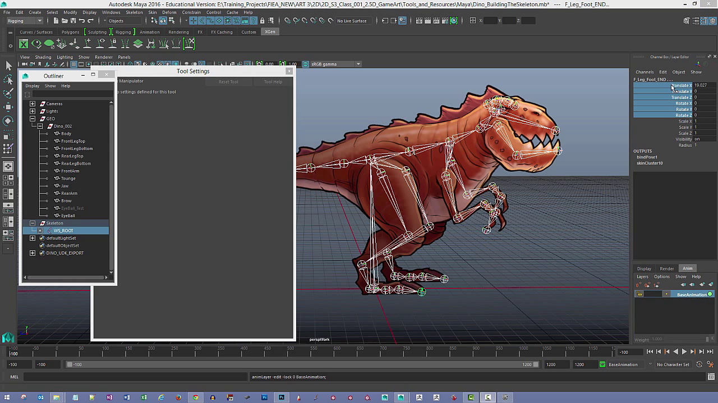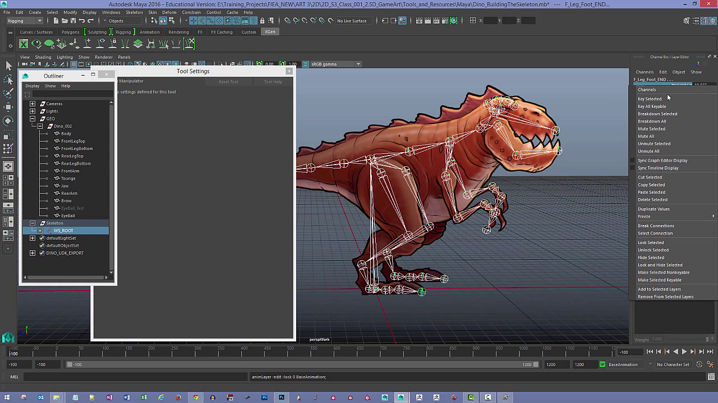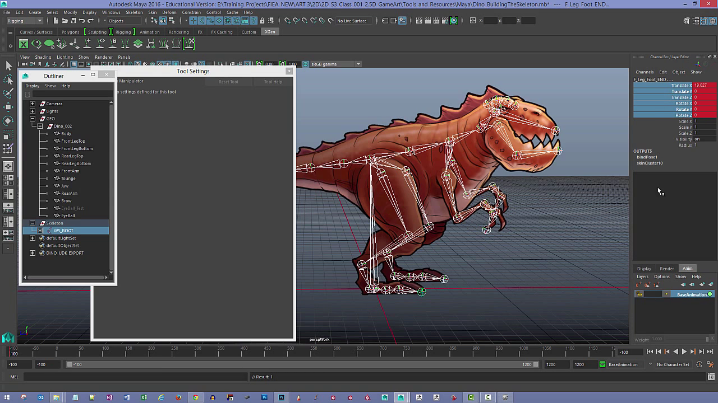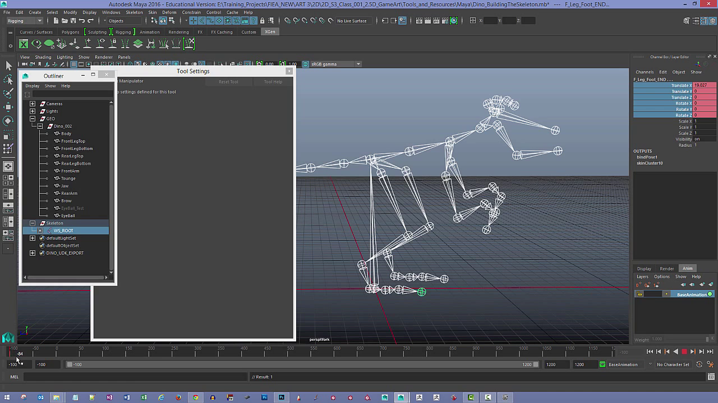Alright, now that they're selected, let's just go ahead and right click over it and say key selected, and you can see it's going to turn this area red, which means we have keyframe data in there, and you can also see on the time slider it's going to give a little red tick right here for us actually having a key on there. So now we can move it to some other time, like let's just move it forward 10 frames like this,